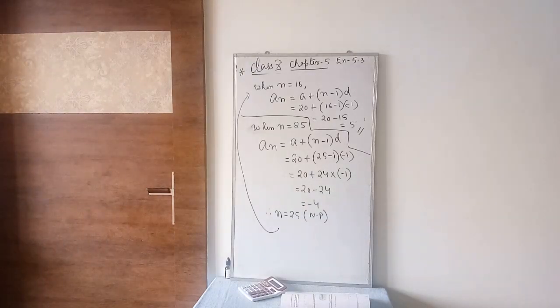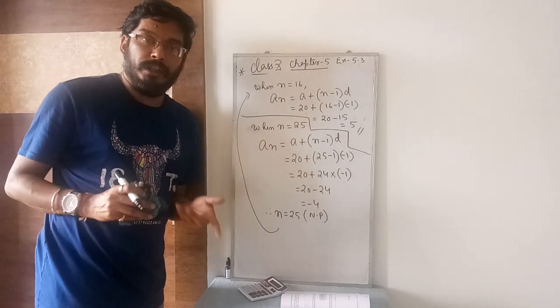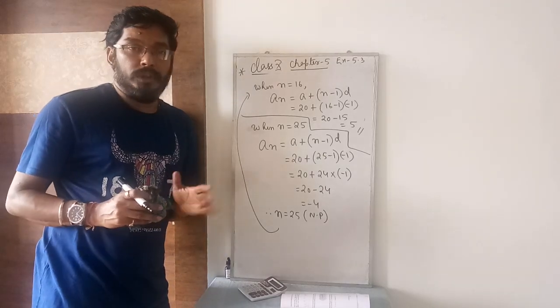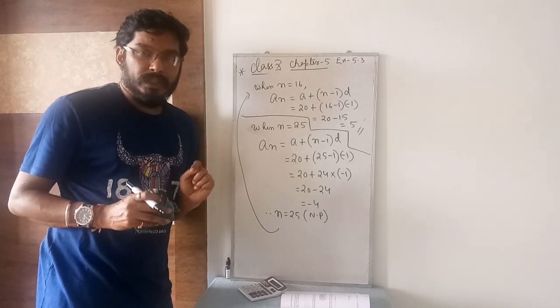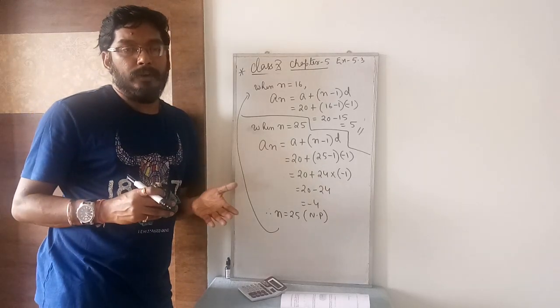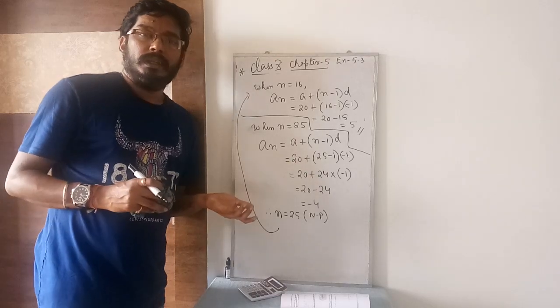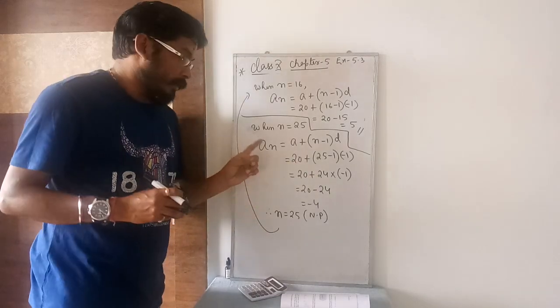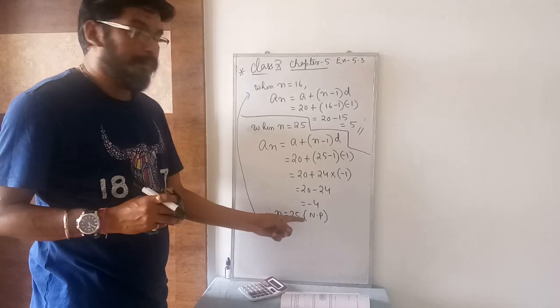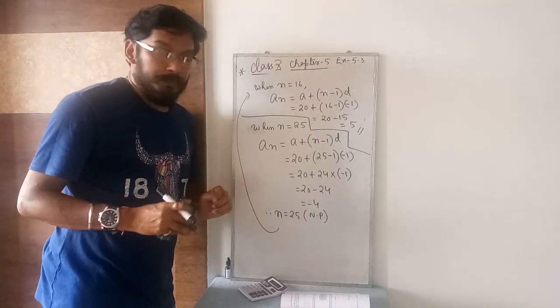Take the screenshot. You got two values of n. One is 25 and one is 16. Both the values are not acceptable, just one of them will be correct. So by putting n value 25, I have found out the number of logs in the top row. The top row is the nth term, we find an. So an I got here is minus 4. That is not possible because the number of logs cannot be negative.